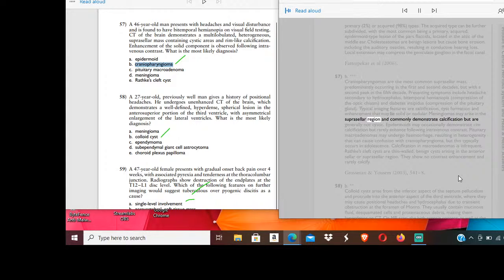Meningiomas may arise in the suprasellar region and commonly demonstrate calcification, but are generally not cystic. Epidermoids may occasionally demonstrate rim calcification, but rarely enhance following intravenous contrast. Pituitary macroadenomas may undergo hemorrhage, resulting in heterogeneity that can cause confusion with craniopharyngioma, but this typically occurs in adolescence. Calcification in macroadenomas is infrequent. Rathke's cleft cysts are thin-walled, benign cysts arising in the anterior sellar or suprasellar region. They show no contrast enhancement and rarely calcify. Grossman and